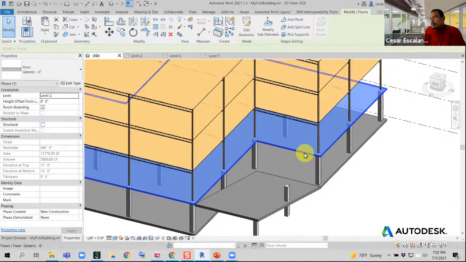And then after 50% DD, the boundaries need to be aligned and finalized, and the engineer will pick it up, give it the appropriate thickness, the appropriate materials, the proper reinforcement. And what we typically do is link the structural elements and switch off our floors,